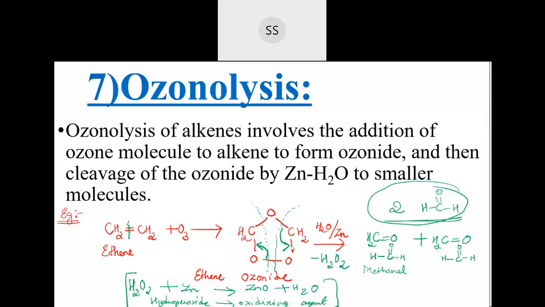Yes, when ethene ozonoid is made to react with water, this will break down. No, it will break down here. Okay, this place the breakdown happens, and then they get converted to two molecules of aldehyde. This oxygen remains. No, that oxygen combines with the water, and they go out in the form of hydrogen peroxide. So that hydrogen peroxide, if you don't reduce their reactivity, then they will oxidize this methanal to methanoic acid, carboxylic acid. So we add zinc.